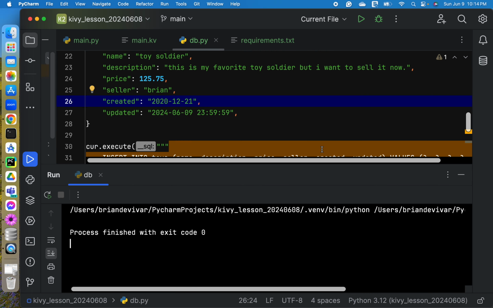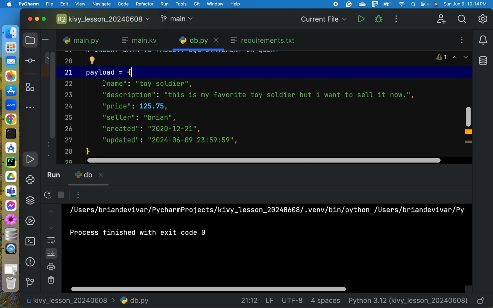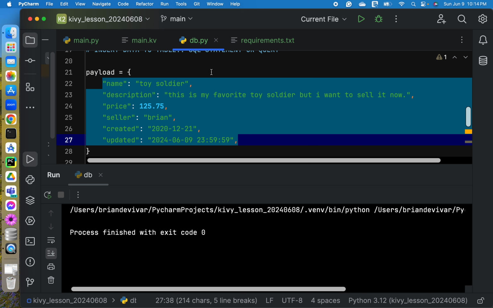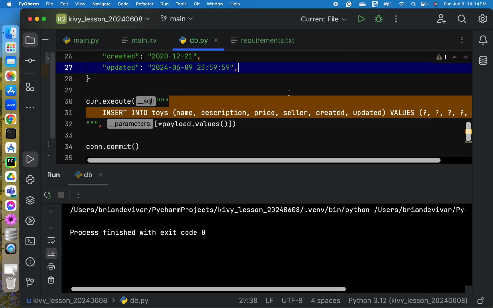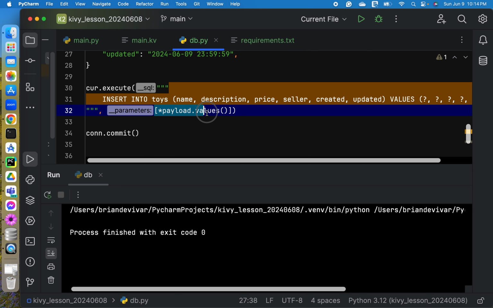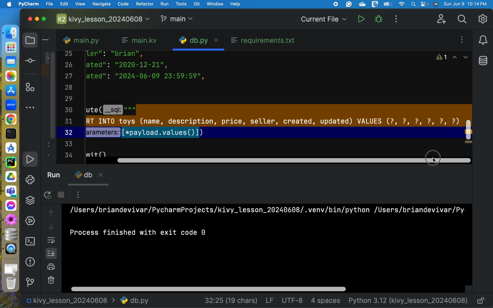Just keep in mind that the payload is a dictionary, and then this is how we convert our dictionary to pass values to our table.